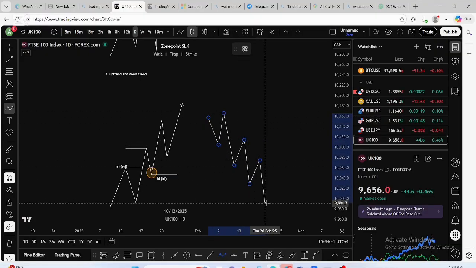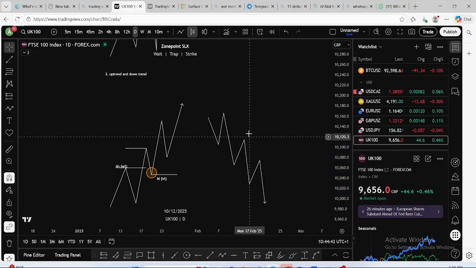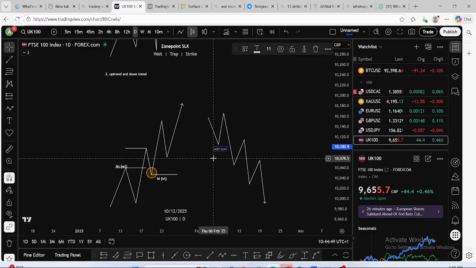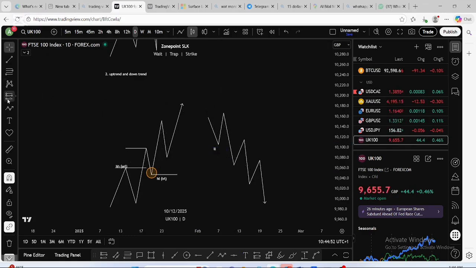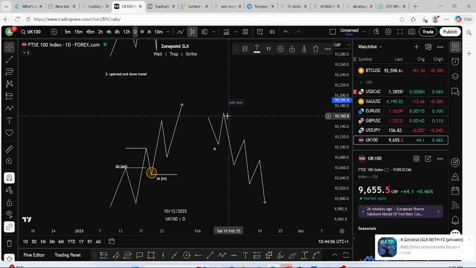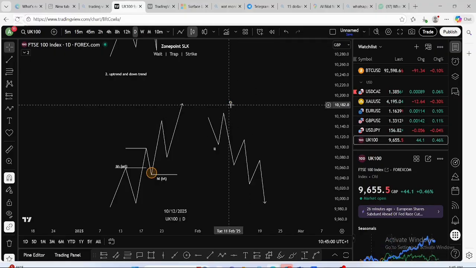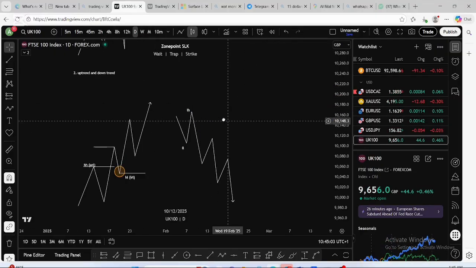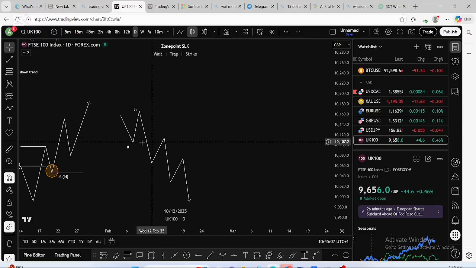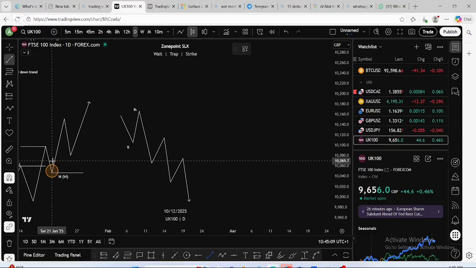And what two things do markets do when the market is breaking structure to the downside? It creates a what? Lower low and lower high. This is a lower low, and this is a lower high. Sorry guys, it creates a lower low and a lower high. When markets break this structure, the same thing I explained here, when markets break structure to the downside, like this